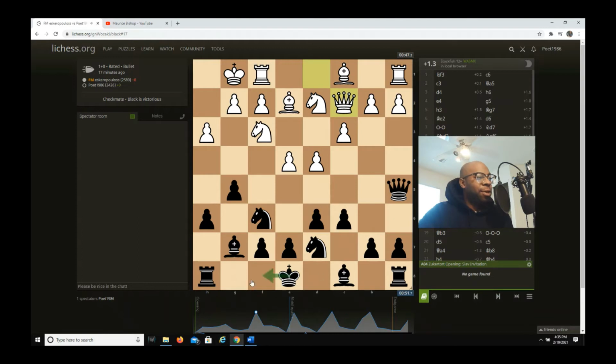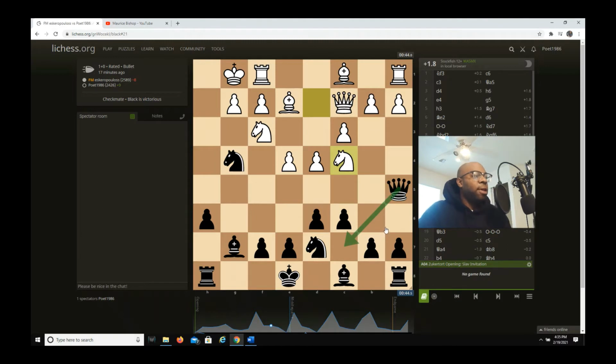Remind you guys, the engine wanted me to castle kingside, but y'all know when it comes to the Elshad, I ain't castling. You can castle with the Elshad, but in this case, I don't. I immediately go g4. Bishop captures g4, I go knight captures g4, and then knight c4. Usually I would go queen c7 here, but I went g4 just to get the g-file open automatically. That's what I wanted. If I go rook g8, now I have the g-file and it's looking perfect. So instead of queen c7, I actually did queen